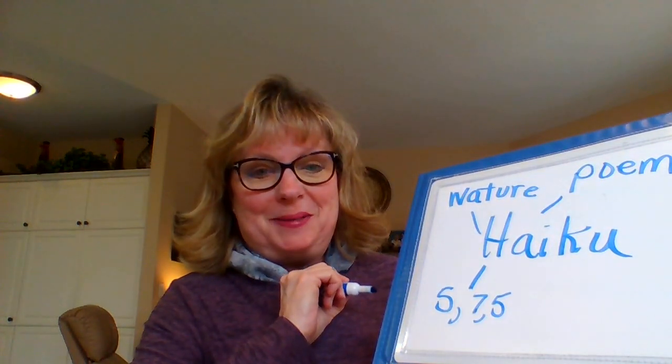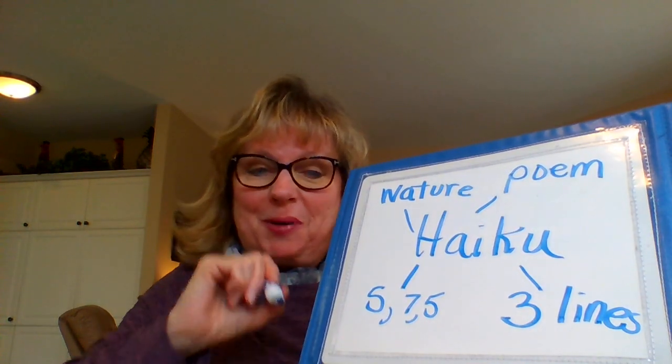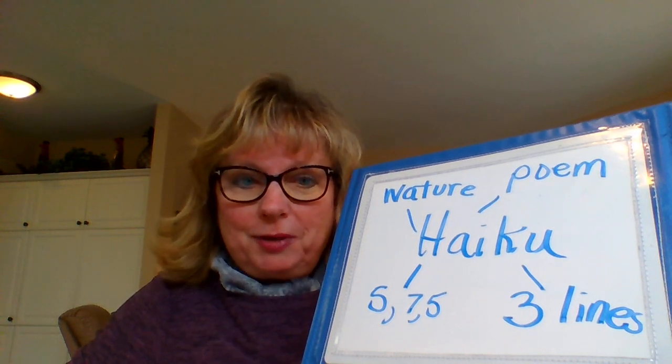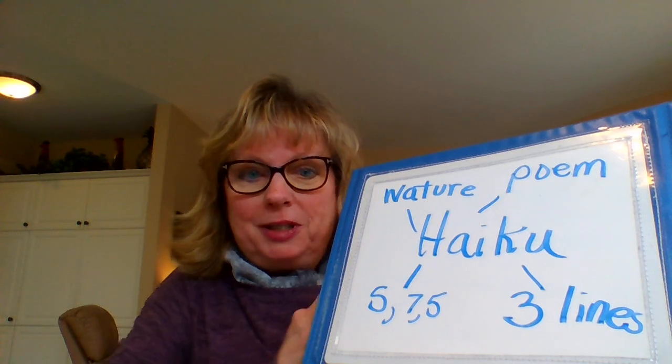It has a set of rules called 575, and I'll show you what that means in a minute. And a haiku only has 3 lines to it. 3 lines. So you can pause the video, take a look at that, write it down, brainstorm, and so you get a great idea about what a haiku is. Okay? So I'm going to turn my chart around, and I'm going to show us now what I mean by